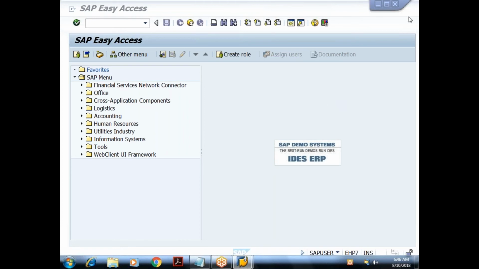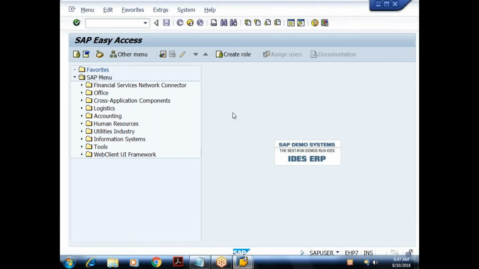Right. So in the last class, we started with function modules. We created a couple of function modules. One function module is without parameters, another function module is with parameters. And we understood that all the function modules are stored inside a function group. So we require one function group in order to create a function module.